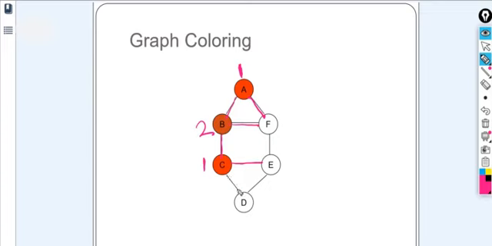Now what about the adjacent nodes of C? E is adjacent and D is adjacent, so both of them cannot have the color number 1, right? But what about the color number 2? Yes, it can have. So if I align the D with the color number 2, we can assign color number 2 here, right? So what is the next? The adjacent node of D is E, right? So E cannot have the color number 1 and color number 2. Now it's the time to take the color number 3 here, right?